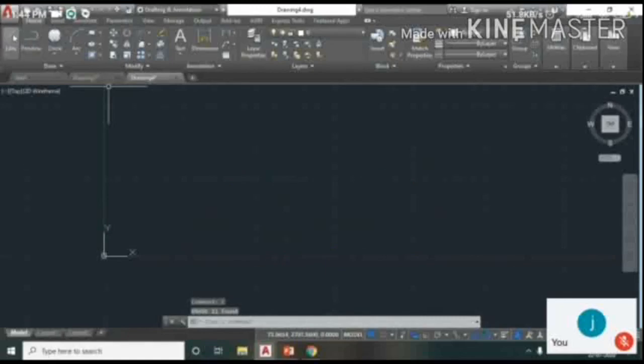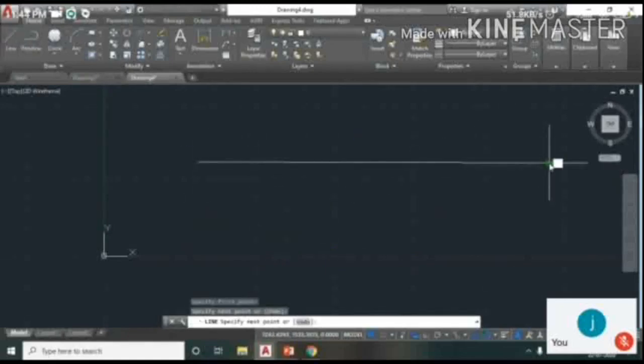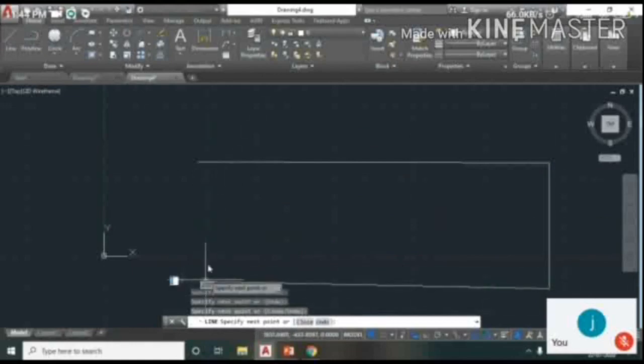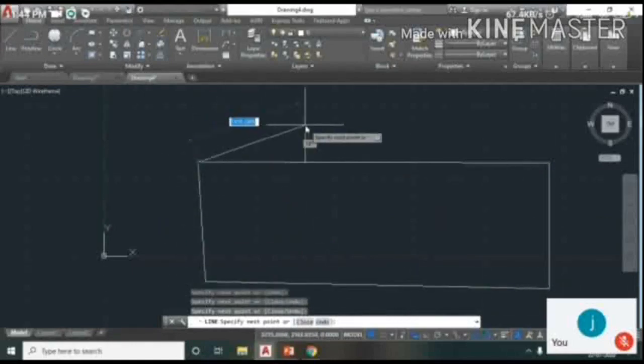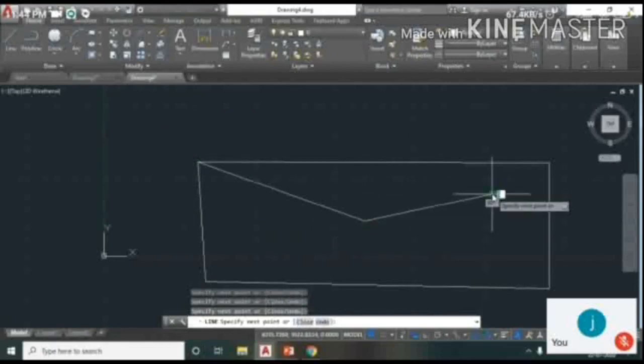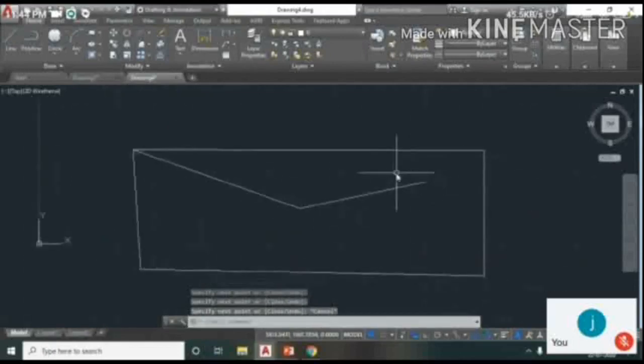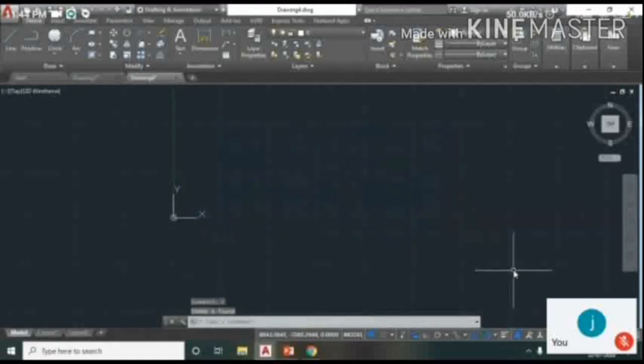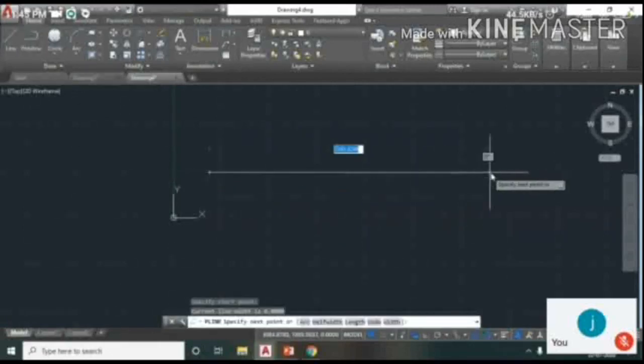Let's do that again. To draw a line, press L from your keyboard or choose that option available in the ribbon area. To exit, press the escape button. So this is how the line command works. And next is the polyline command. You can click here to draw a polyline. The polyline command is used to create a simple line or complex shapes or objects such as multi-line segments or arc segments. To draw an arc,